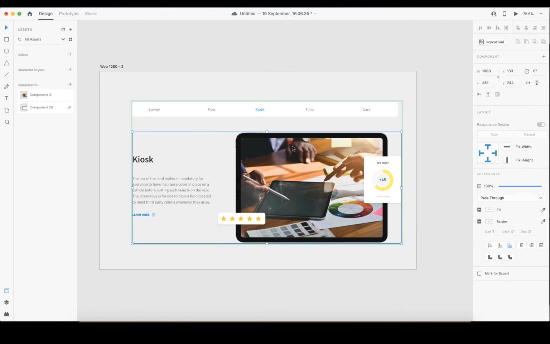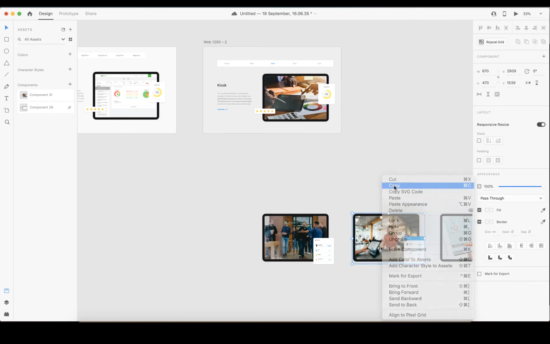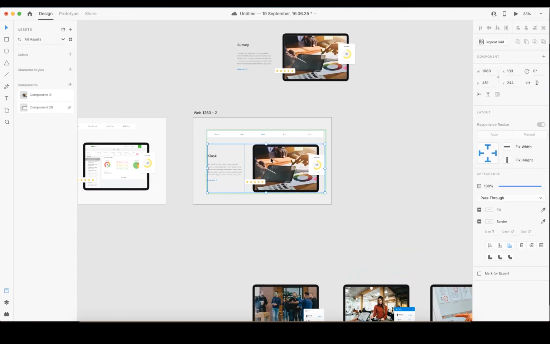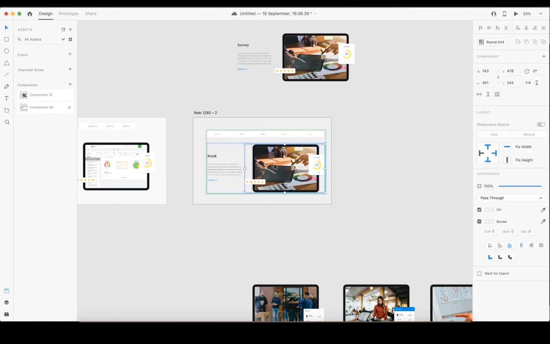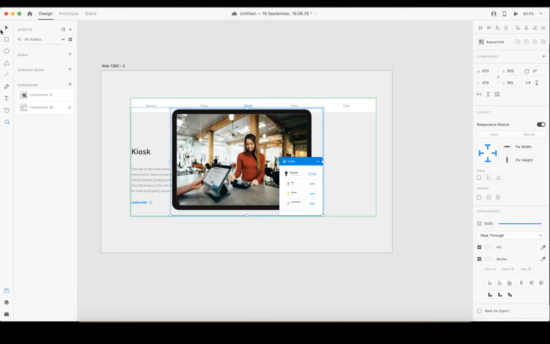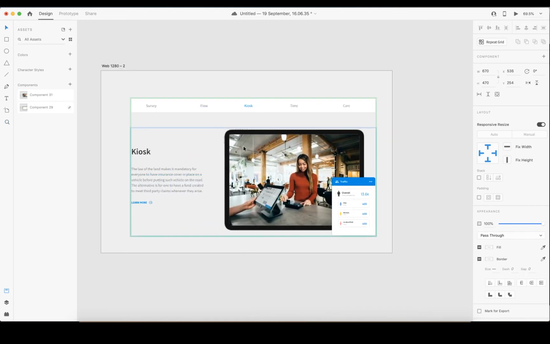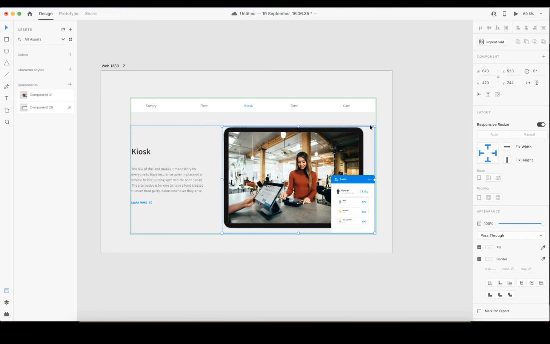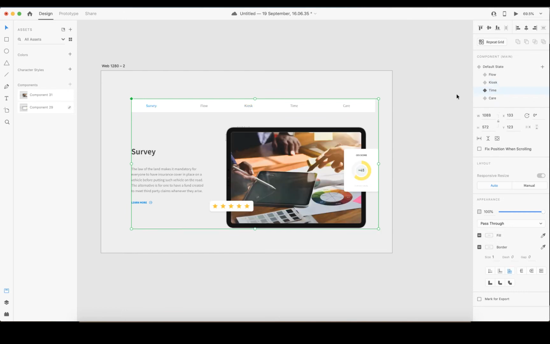So for kiosk, let me take kiosk image, kiosk copy, then double click, make sure I'm on kiosk. Okay, double click and paste. So adjust it, adjust kiosk, something like this. Okay, something like this.